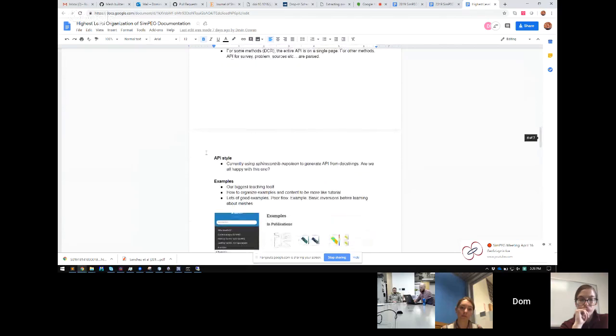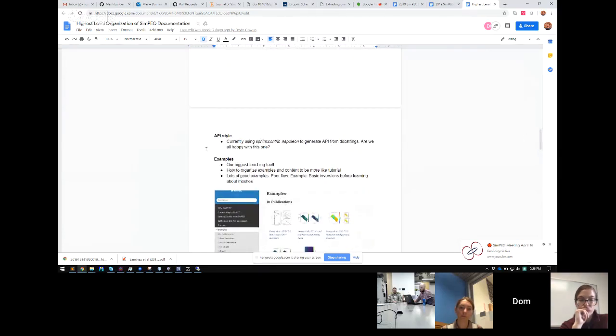Yeah, I think we're pretty happy with the API style, how we auto-generate that. What Lindsay showed in discretize, having that highest level and then being able to click on that and see everything for a particular class, that's pretty sweet. I'm pretty happy with that, and I think I'd like to use it.